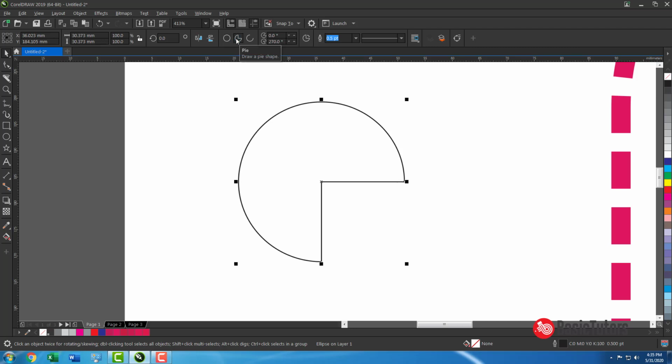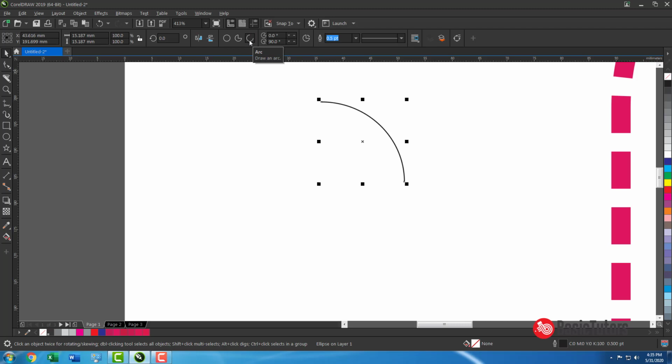The pie is nothing but what you can see in pie graphs, like in an Excel sheet. You can get this pie. Also there is an option for pie to choose where to start and where to end the angles. It starts at 0 and goes 90 degrees, 180 degrees and 270 degrees, ending at 270 degrees. Suppose you end at 180 degrees, you can get something like this. Okay, this is about pie. The same thing with only the curve is the arc.